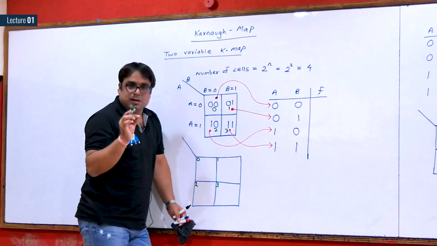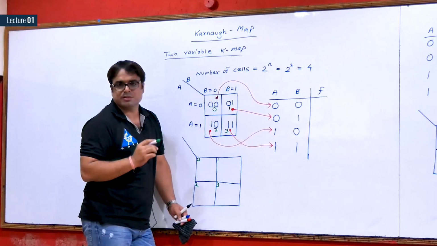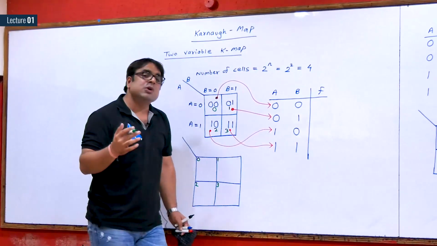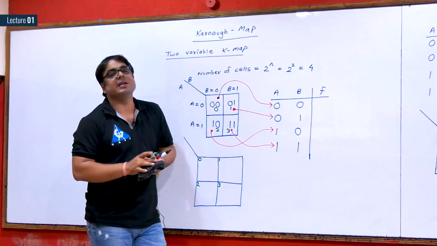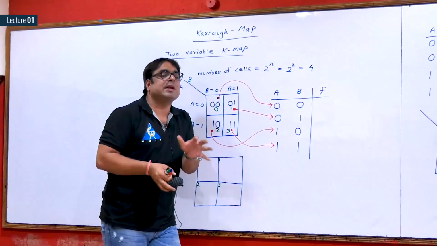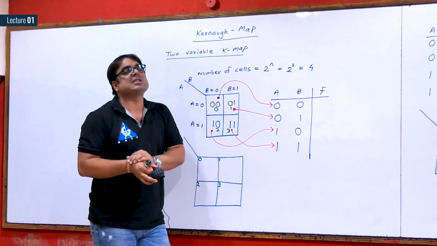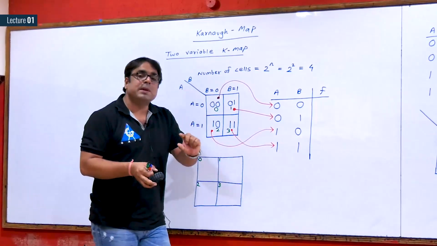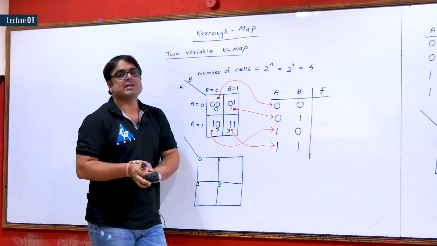See, in Boolean we have two methods of representation, SOP and POS. In K-map also we have two ways of minimization. We can use the SOP concept in K-map as well as the POS concept in K-map. One more thing I want to say here, many students are not comfortable with the POS part. We will give more attention to the POS part as well. Obviously, we will discuss the SOP part in detail.